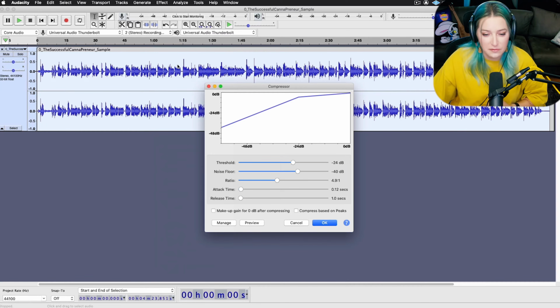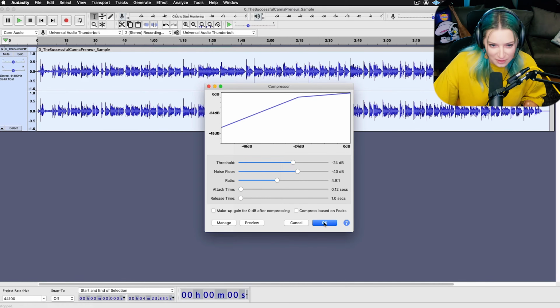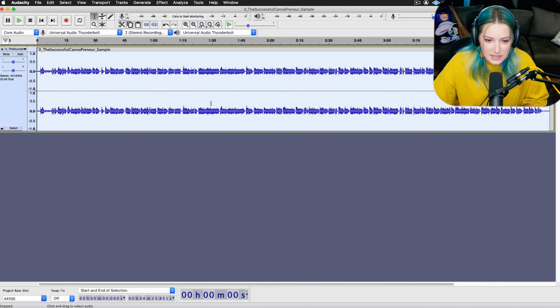If you're not super familiar with compressors, I would recommend looking into compressors a little bit more. Maybe I'll have a video about compressors out soon. But basically what I do is I will run the compression on the file and I'll be more careful with these values here. I might adjust the ratio depending on what I want to do. Make that slope a little bit higher or lower depending on how far away I am from where I want to be. And sometimes it's just trial and error until you get one of the files and then you remember kind of what the settings are for the rest of them and you do something very similar until you get what you want on the rest of them, right? So you just hit OK when you want to compress it